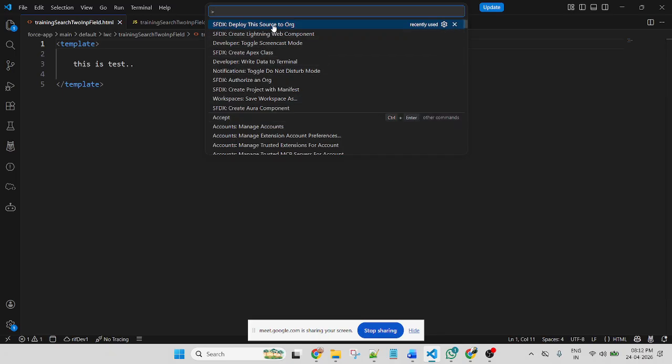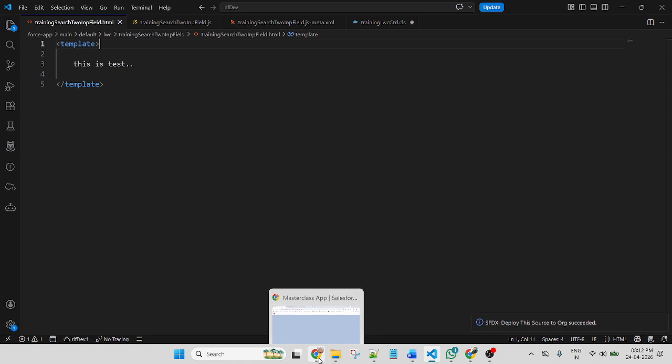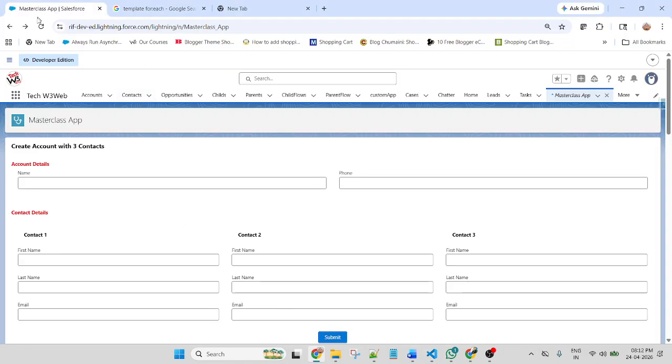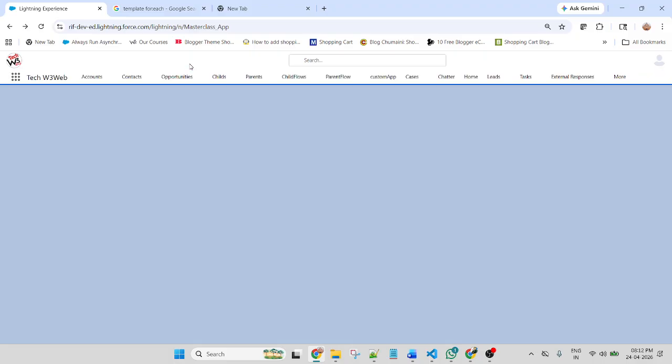For learning purposes, I am not using lightning card, deploying the code and calling the component. So what is the UI structure?